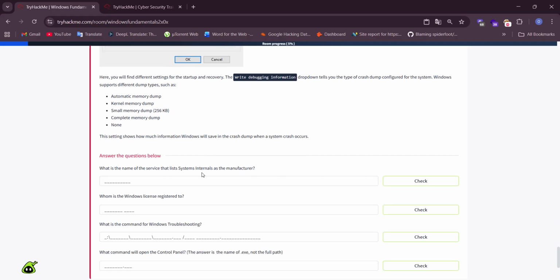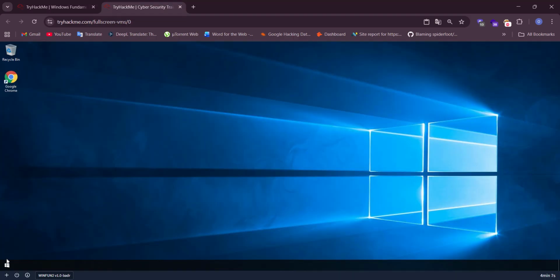What is the name of the service that lists Sysinternals as a manufacturer?